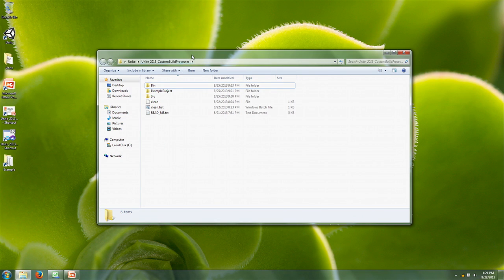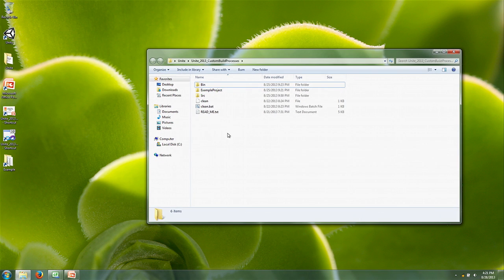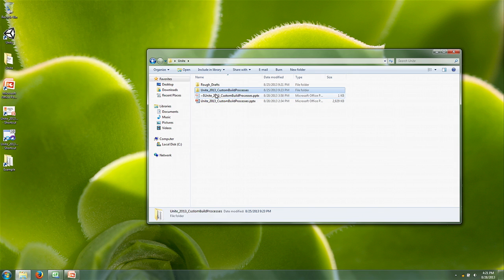So just to show the file structure real quick of the demo project, if you download it yourself, there will be a source directory and an example project. And I also have a README that you can read. There's a little bit of configuration you have to do to set up and point the project to your Unity installation. Note that the example will work on both Windows and OS X. The source code directory contains the source code for the project. If you open up the solution and build it, it'll create the bin directory that you saw